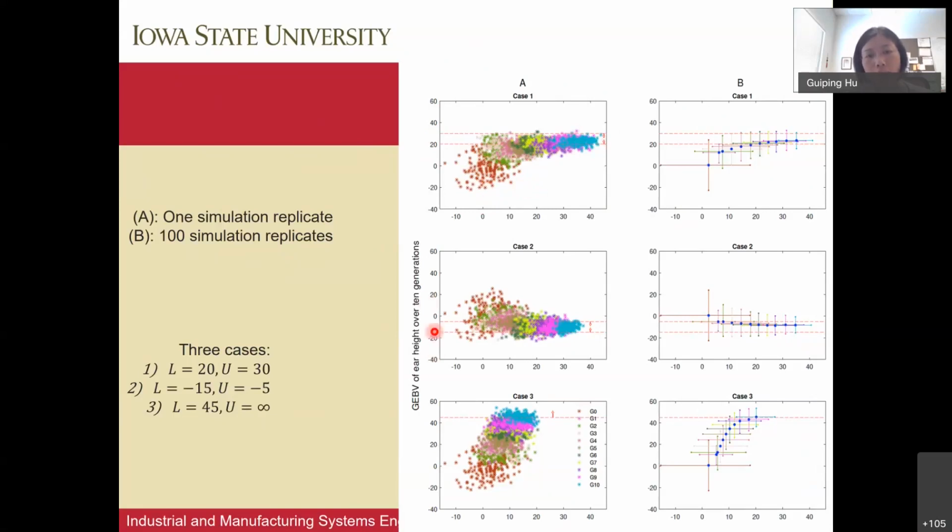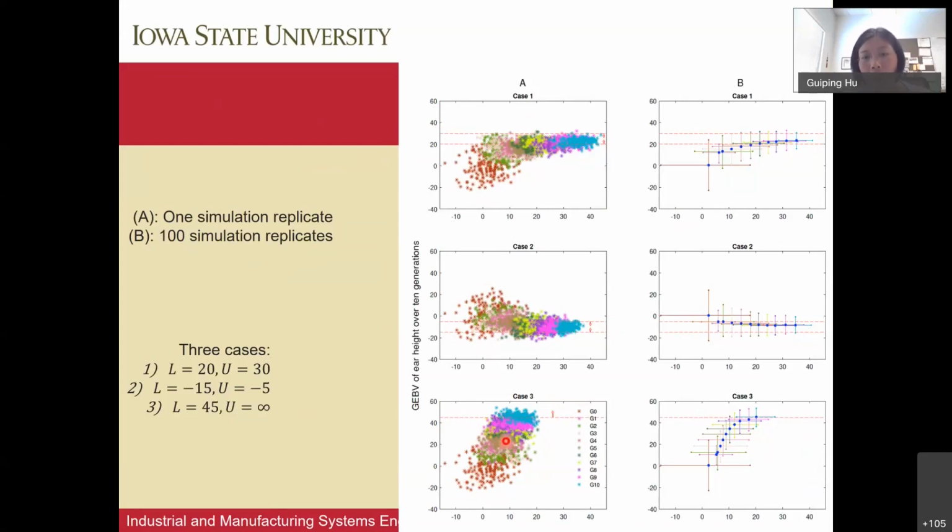Now, the second scenario is that the initial population is actually higher in the second trait, so we want to bring down certain traits. Let's say we want to minimize something, and on the x-axis, you're trying to maximize yield. The third scenario is that we want to bring up the second trait to a certain level. So these are three scenarios that we looked at. Again, each color represents one population for that specific generation.